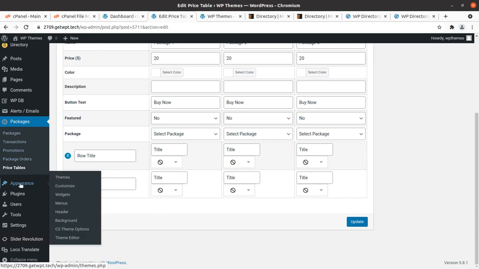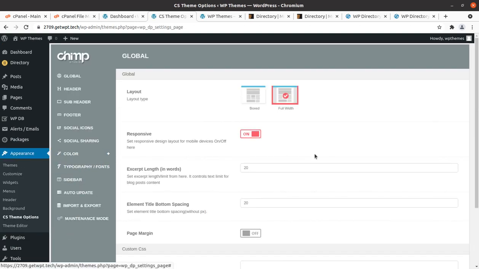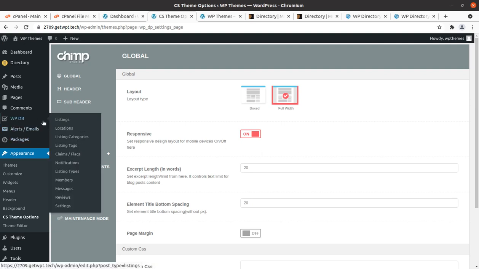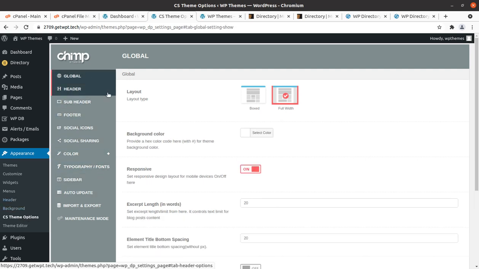And appearance, we have already installed the theme, and now it is the main control of the website. This is what I showed already in the settings for the listing part, and now I am going to show you the theme option, that is for the main website part. This is the setting for the main website. This is the theme panel. So global setting is here,